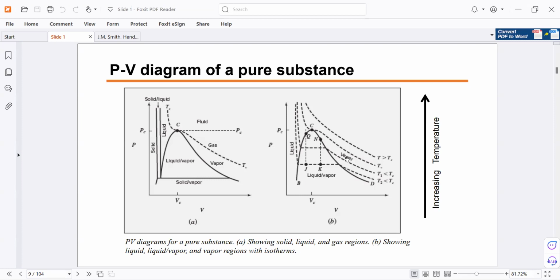So now we're done with the critical temperature. Outside the critical temperature, this isotherm right here, as you can see, is just a smooth line, unlike the temperatures below the critical point, which become horizontal. So outside the critical point, the curve is just a smooth curve. There's no part where it becomes a horizontal line.